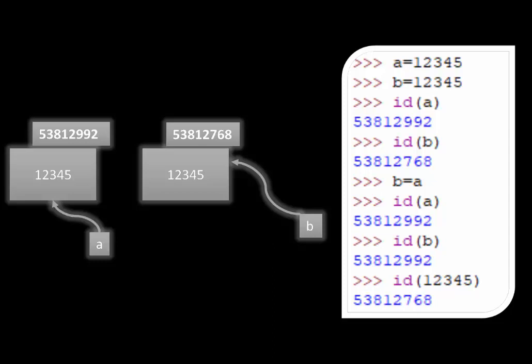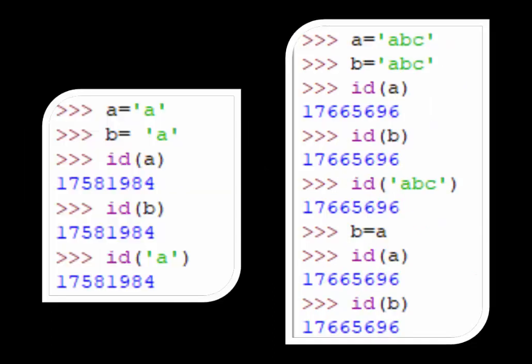large integers. So here you see, this is for character. You get to see A is equal to A, B is equal to A, ID of A. You get to see the same ID. Even when you take the content, you get to see the same ID. For larger integers, you don't get the same ID.